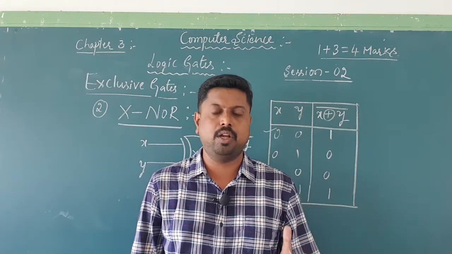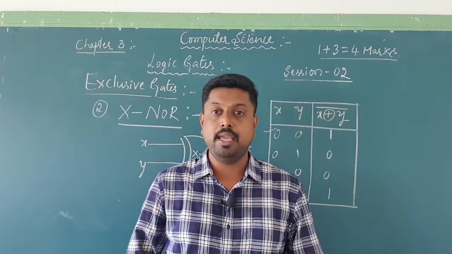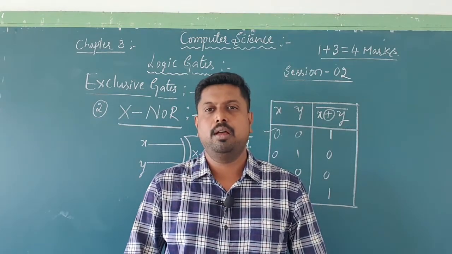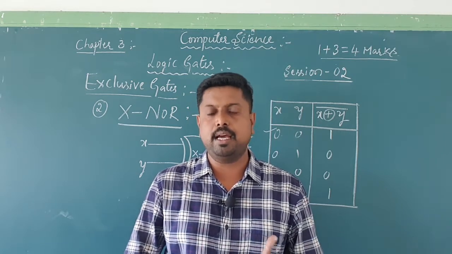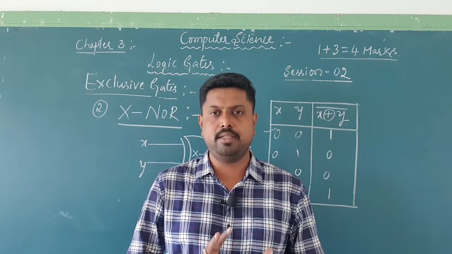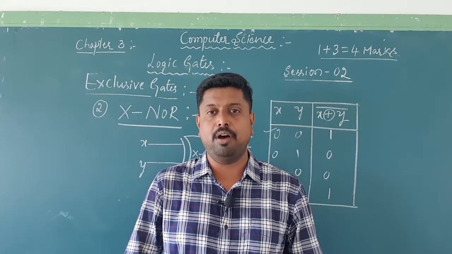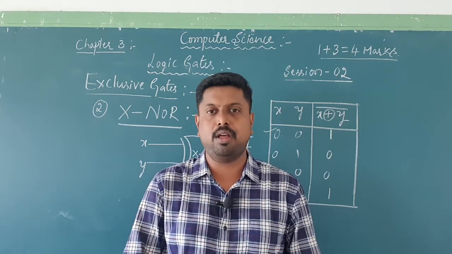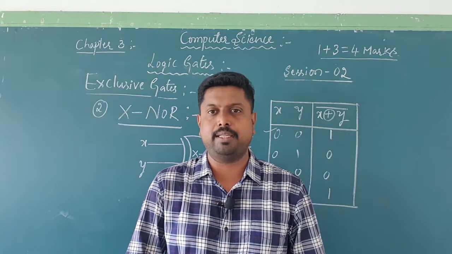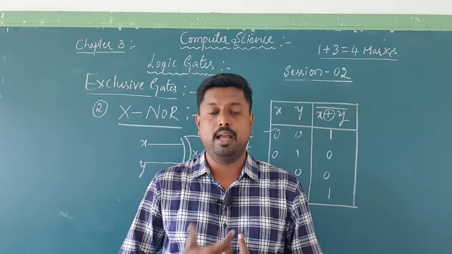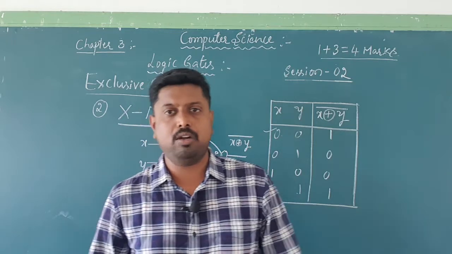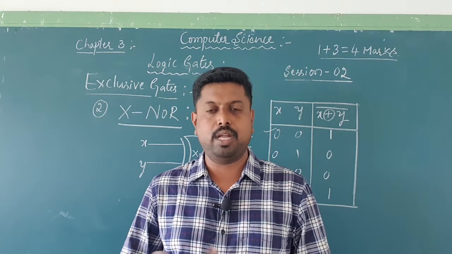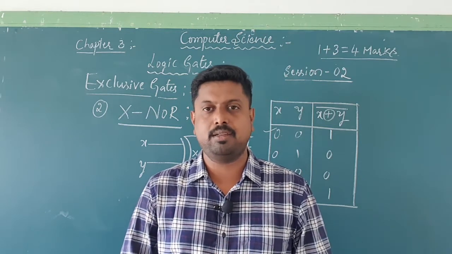Exclusive OR gate and exclusive NOR gate, these will be the derived gates. Now we come to one more interesting topic: how the two universal gates, NAND and NOR, can be used to write the basic gates. That will be the next concept, and many times in your examination they ask this question: realize AND, OR, NOT with NAND only, and realize AND, OR, NOT with NOR only. That question will carry 3 marks.